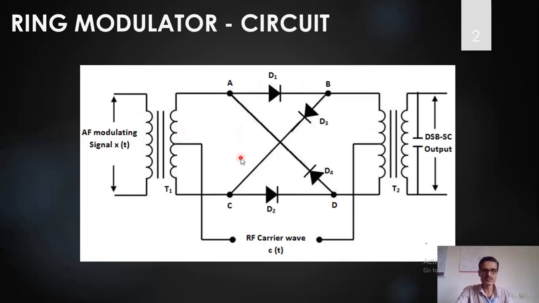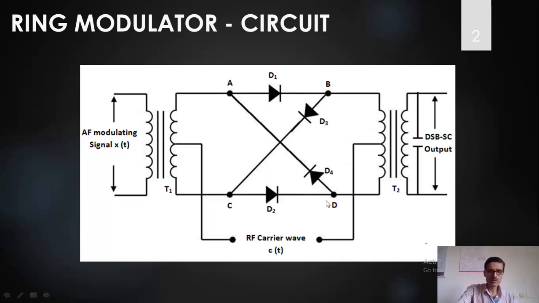Now here, the circuit is called a ring modulator because I'll be using four diodes, D1 to D4, and they are connected in the form of a ring. That's why this is called a ring modulator. In the output of this we are using a capacitor and inductor filter, or you can say a tuning circuit, which is tuned to the carrier frequency, and it allows only the two sidebands and all the other components will be eliminated. I will explain that using some expressions a little later.